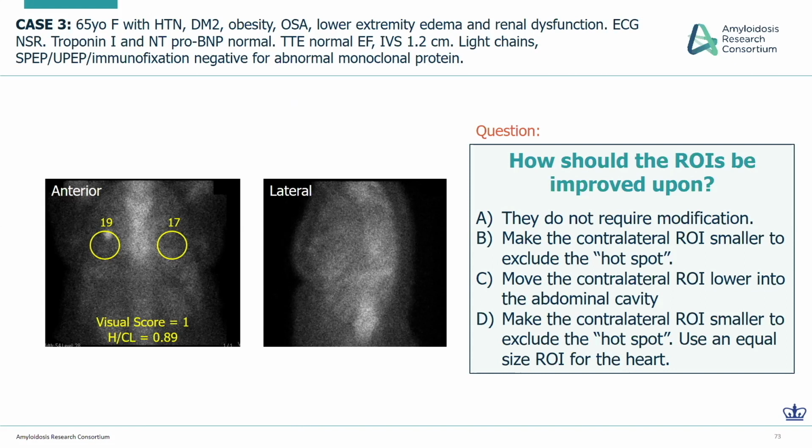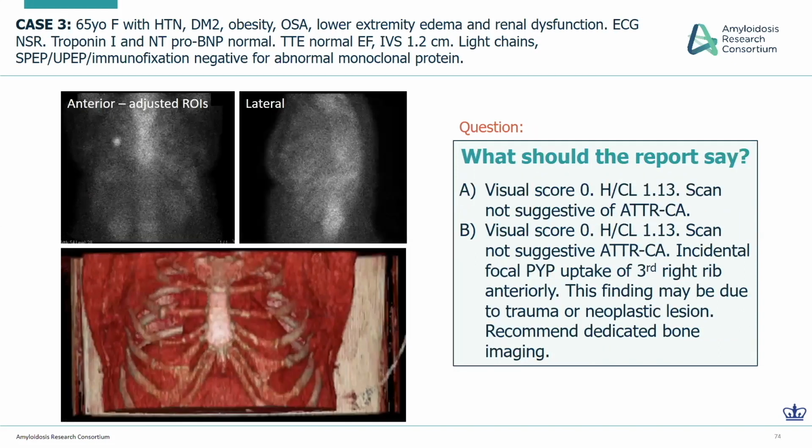So in these patients, what we would do is we draw a small ROI on the contralateral area first, avoiding the focal uptake, and then mirror image copy that and put it on the myocardium, and then get the heart to contralateral ratio. I think you see that here in the next slide, where the ROI has been redrawn, made a little bit smaller and excluded that hot spot. Now we have an HCL ratio that's not below 1, but 1.13. And I'll let you interpret the